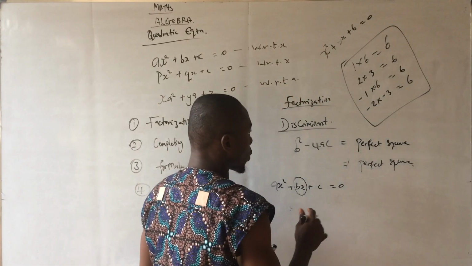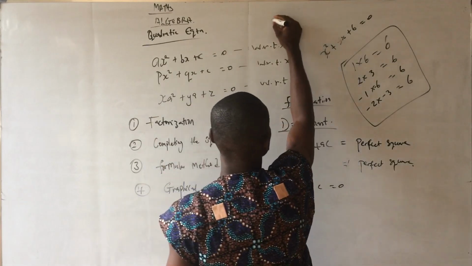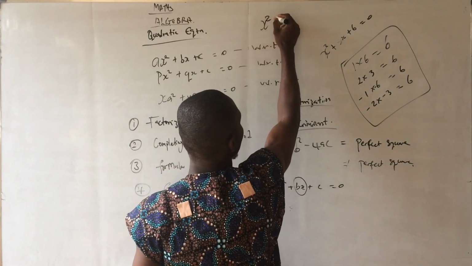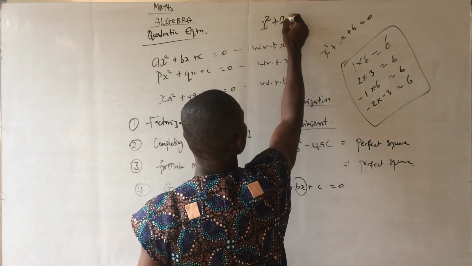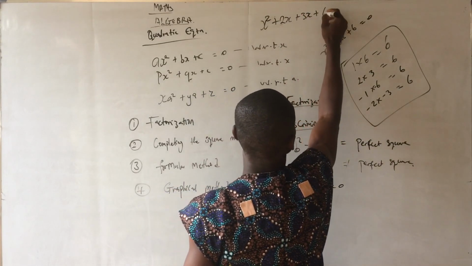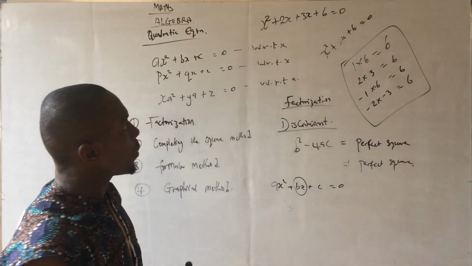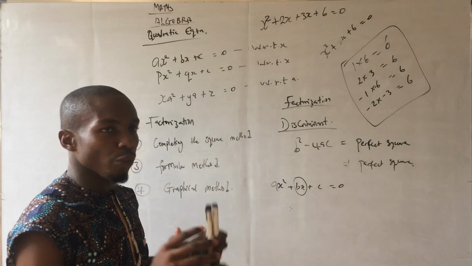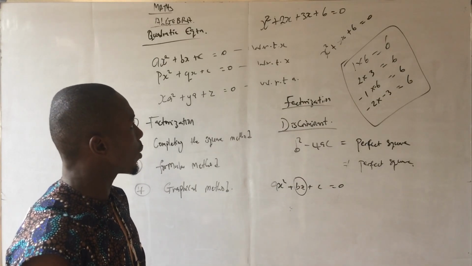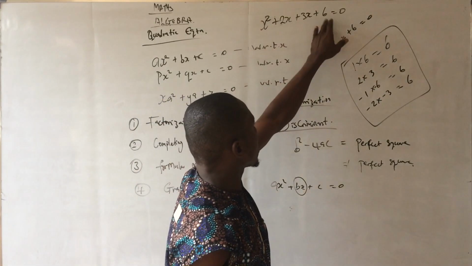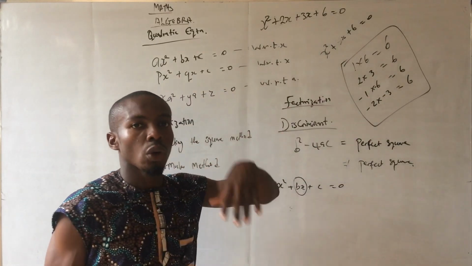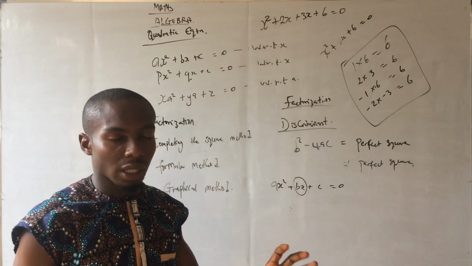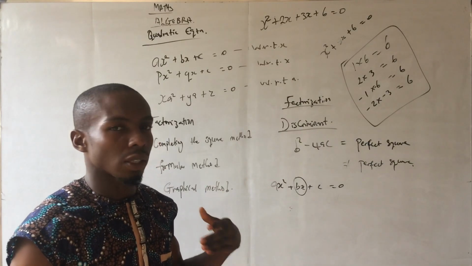So we are going to replace the 5x with 2x plus 3x. We replace it now with x squared plus 2x plus 3x plus 6 equal to 0. And when you replace it this way, everything is fine. You can now factorize anything you want to factorize. After that you get x equal to -2 or x equal to -3. And that is most of the things you have to know about factorization